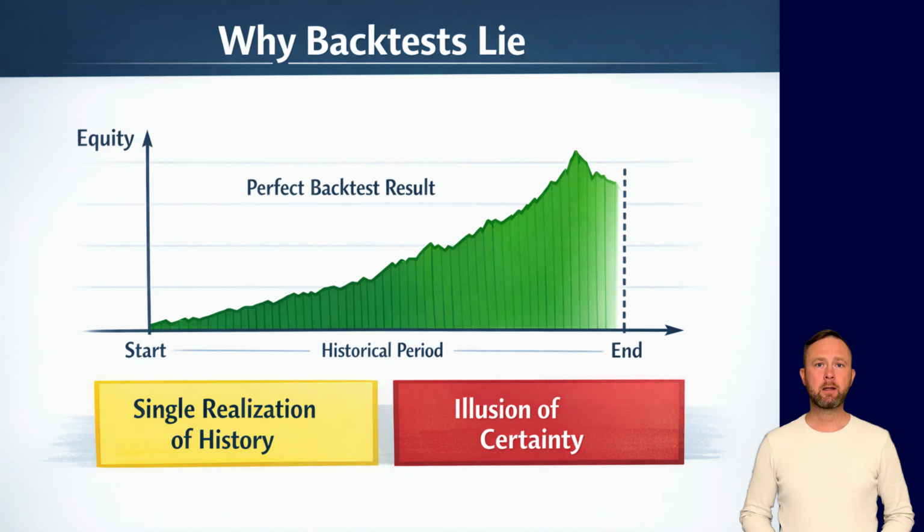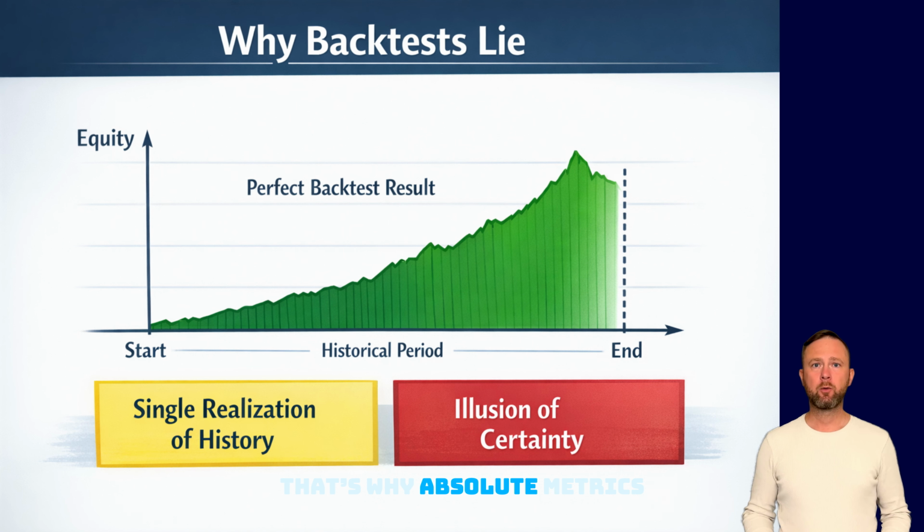Here's the core reframe. Performance is not something a strategy has. Performance is something a strategy produces under specific conditions. It's better to understand a strategy as a mapping: market structure, rules, capital exposure, observed outcome. When market structure changes, the same rules generate different results. That's not a flaw of the strategy. It's a feature of an adaptive environment.